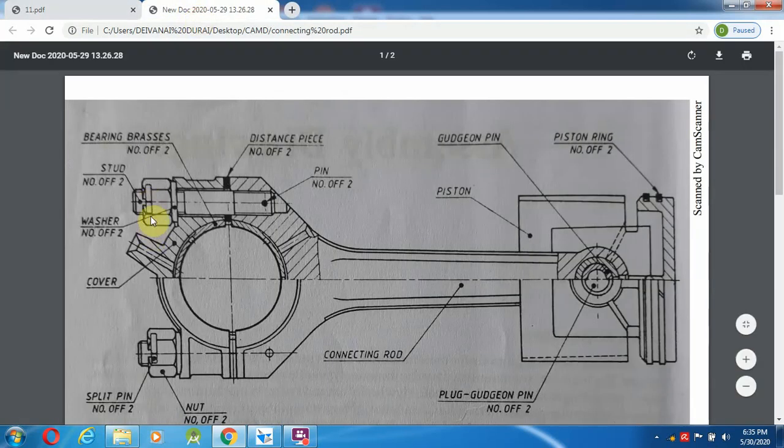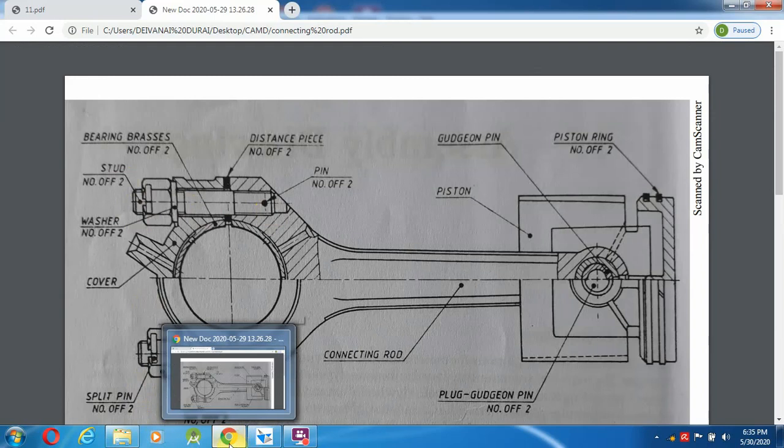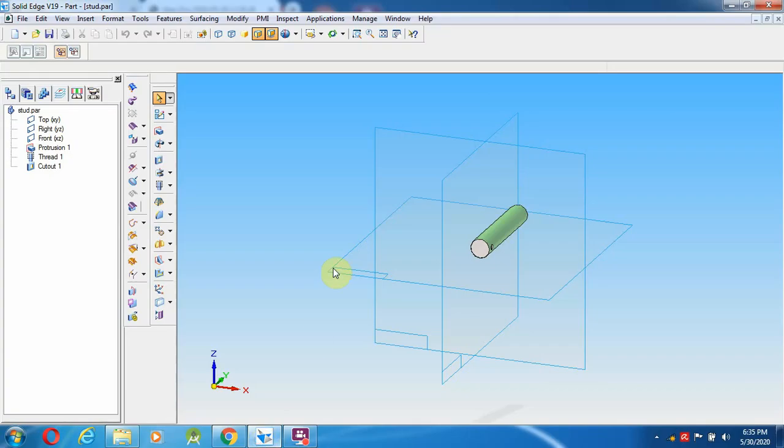So okay, where it is coming in the screws, anywhere stud, number of 2, split pin number of 2, as well as here 1 pin of 2. So here also you can give 4 mm only. So it's not an issue.